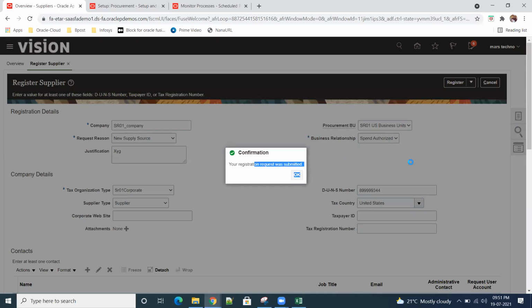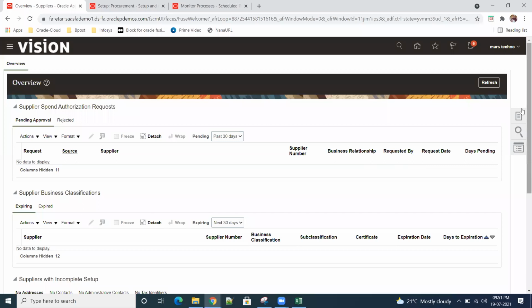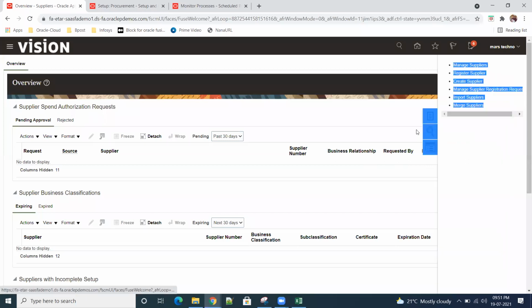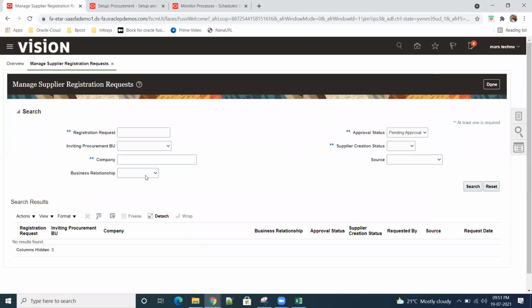Click on OK. Then you go here, manage supplier registration requests. Inviting SR, right? Yes, company name is SR, something we gave. Okay, fine. Click on search.